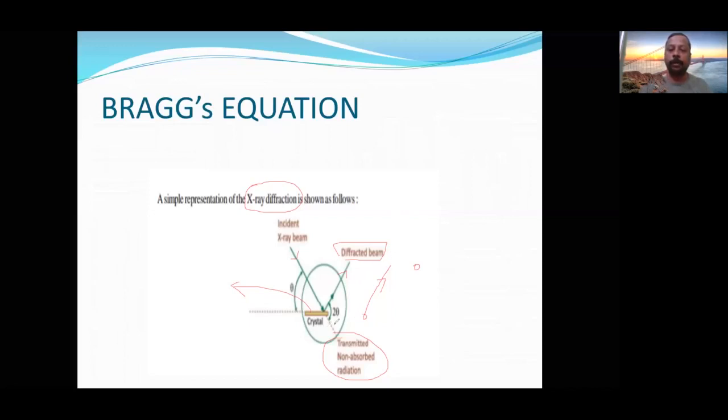Don't worry, I know that this type of problem arises; that's why I made another diagram. The angle between the diffracted beam and the transmitted beam is 2 theta, and the angle between the crystalline plane and the incident X-ray is theta. The angle between the incident ray and crystal plane is theta, whereas the angle between the transmitted beam and diffracted beam is 2 theta.